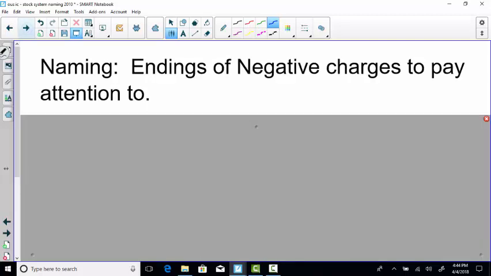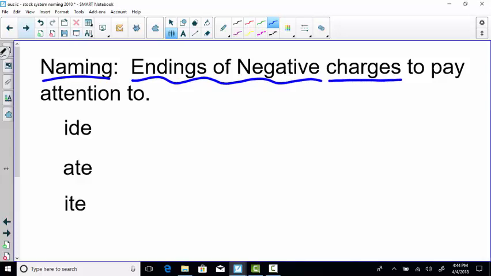Another loose end that I want to take care of is with naming. There are some things you should start paying attention to, and that is the endings of negative charges. Right now, we have 3 negative charge endings to pay attention to: ide, ate, and ite. And you need to be aware of where these come from. So if you think about ides,